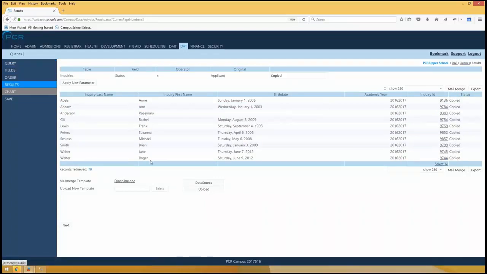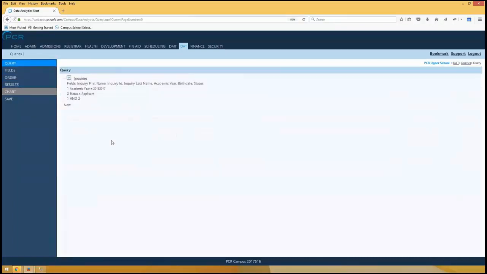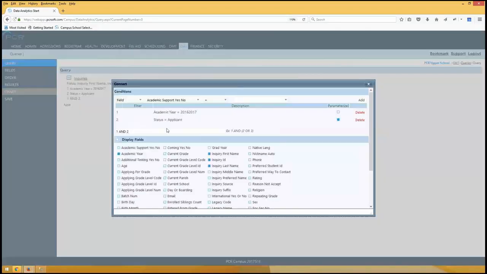Okay, so another item that I'd like to cover is called functional parameters. In DMT, let's say that you're trying to find anybody who applied in the 16-17 year, or who applied in the 17-18 year, or 18-19 year, and so forth. In the DMT, you would do something similar to this. You would come here, you would say academic year equals 16-17 or 17-18 or so forth, and it would give